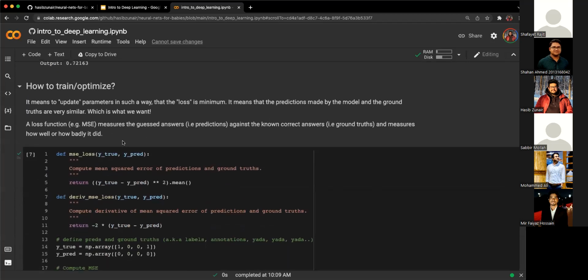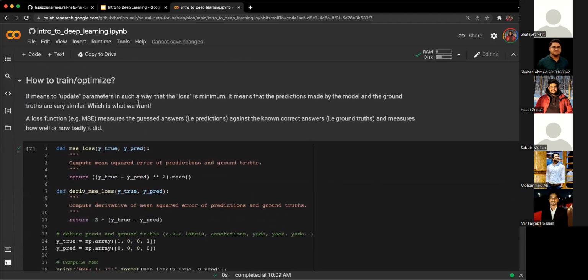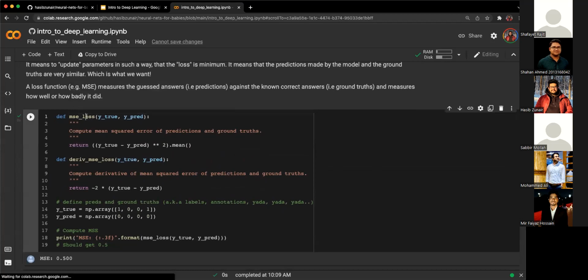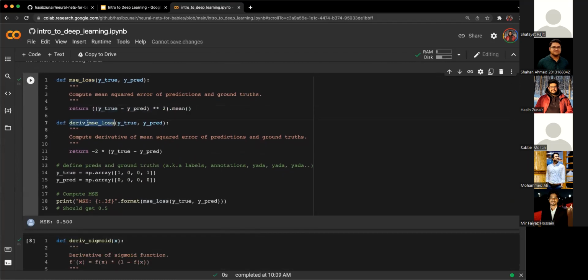Okay, so from this point, let's say we want to train and optimize the model. So the first thing we're going to need is to define a loss. And in this really simple example, we're going to use something called an MSE loss, which is basically just a mean squared error, right? You can see this equation over here. We also did the derivative of the MSE loss. I'm going to explain what's going on here.